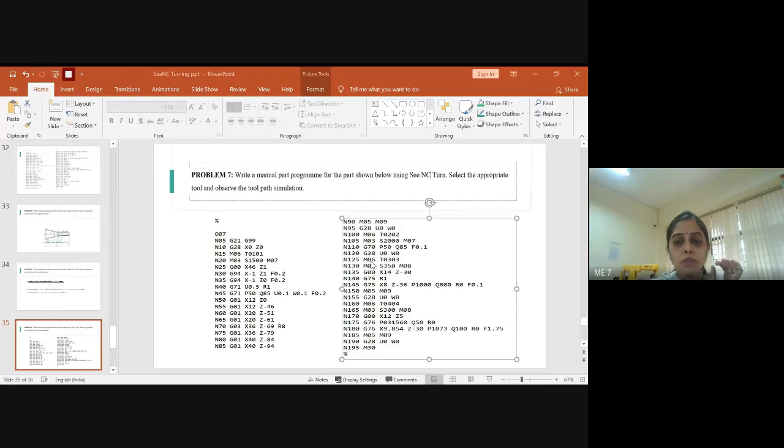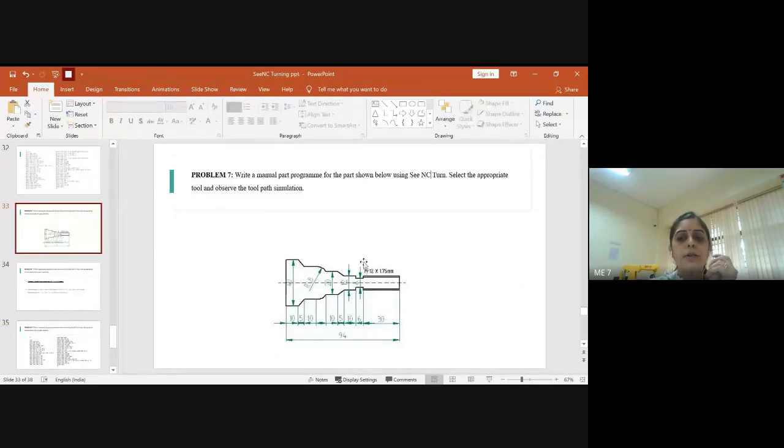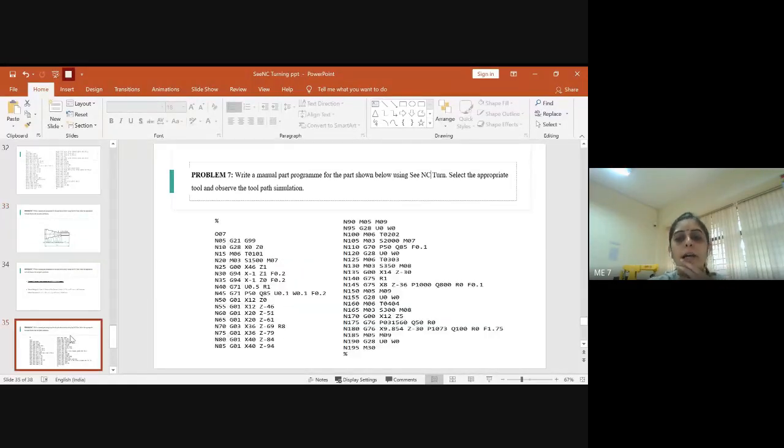In changing the tool, you have to select tool 3. First you have to think whether you're going with the groove cutting operation or thread cutting. We usually do the groove cutting and then come to the thread cutting operation. Here you have to look at the diagram to see which type of groove cutting is being asked. It is axial groove cutting and not radial groove cutting, right? So we have to start with G75. Before that, you will select the tool for axial groove cutting, which will be tool number 3.